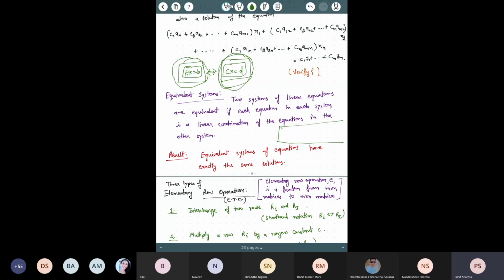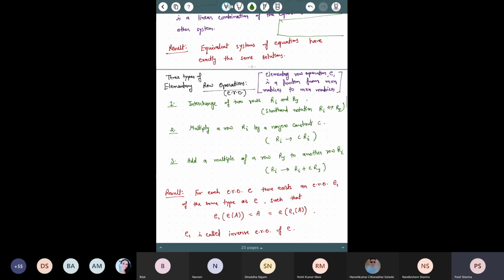So it's a scalar multiplication. And similarly you get the third one also, which is like adding two rows. So a row operation is actually a function from the set of matrices to another set of matrices. And in particular, we are interested in three types of these elementary operations, and we define these three types of